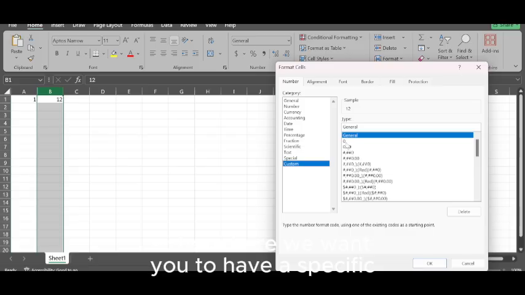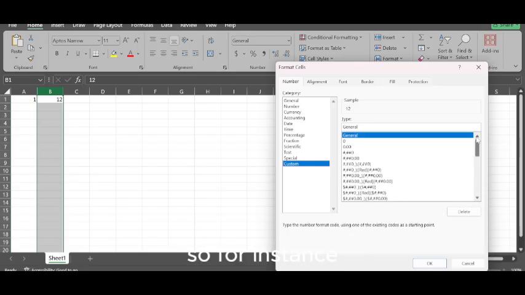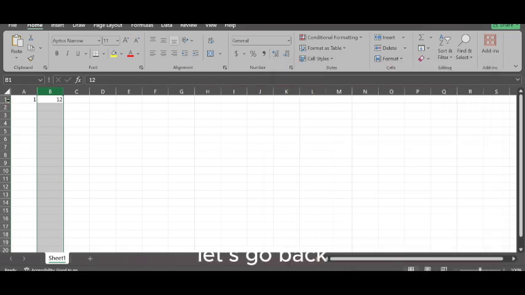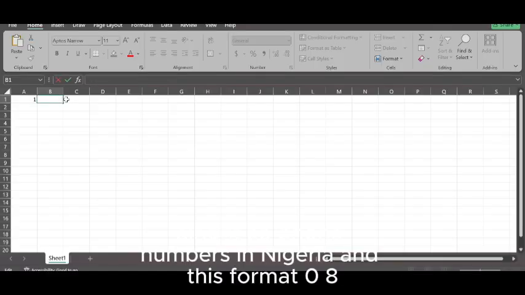So here you want it to have a specific outline, a specific formatting. Then you can specify how you want that to happen. So for instance, let's say we want to take phone numbers here. So let's go back. Let's say we want to take phone numbers here. So phone numbers in Nigeria, and this format